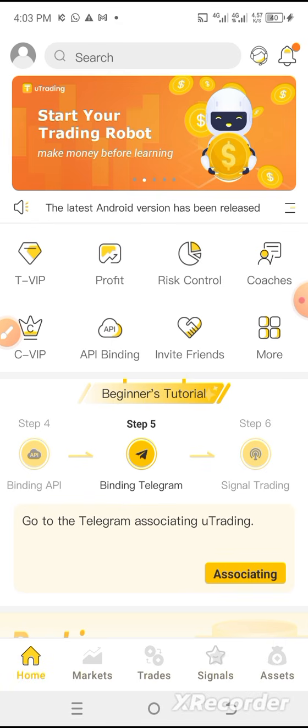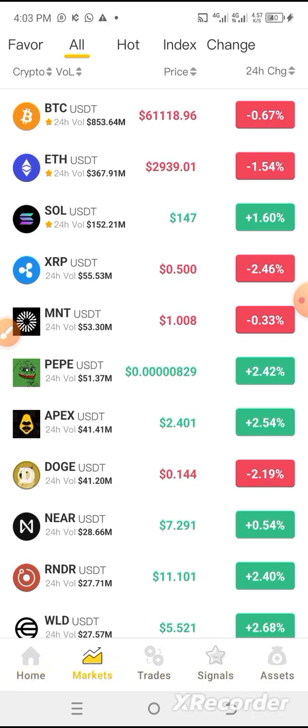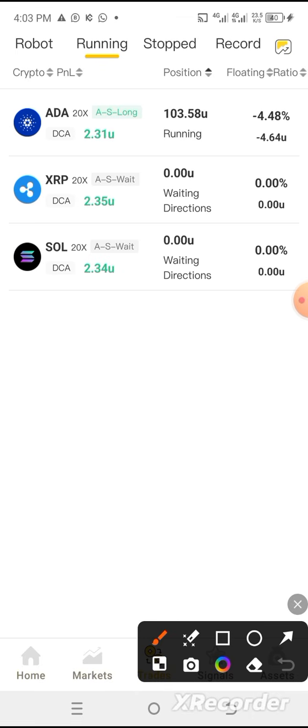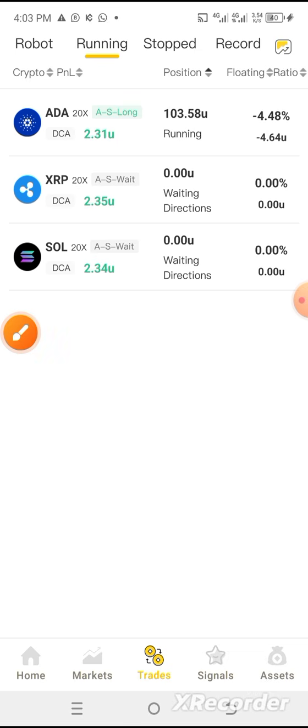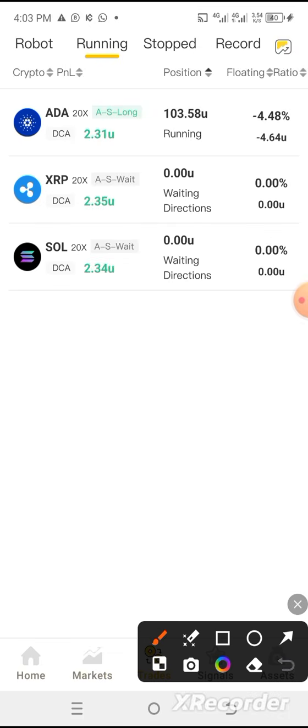Now, if you look here, we have just 3 settings, and this is presently $100, and this is $100, and this is $100 also. So that simply means we have